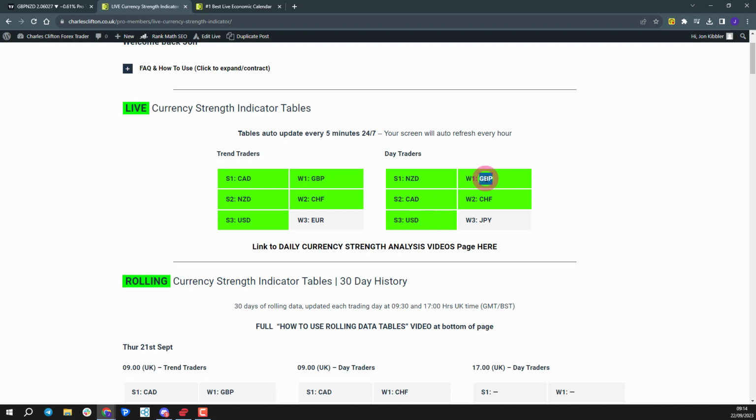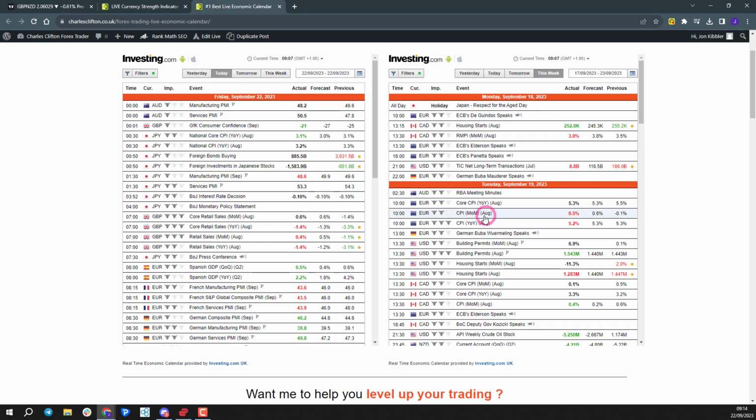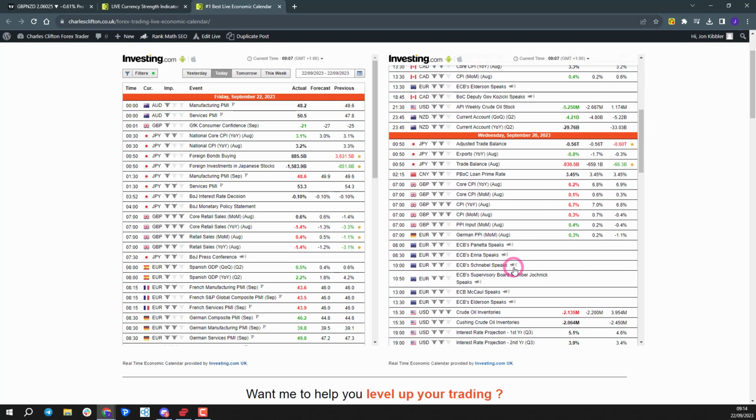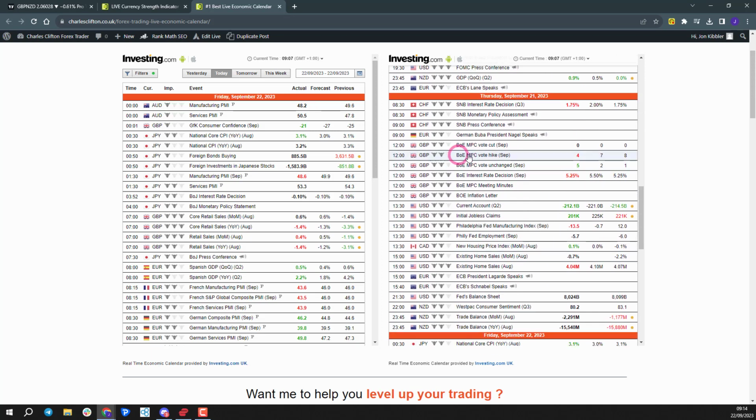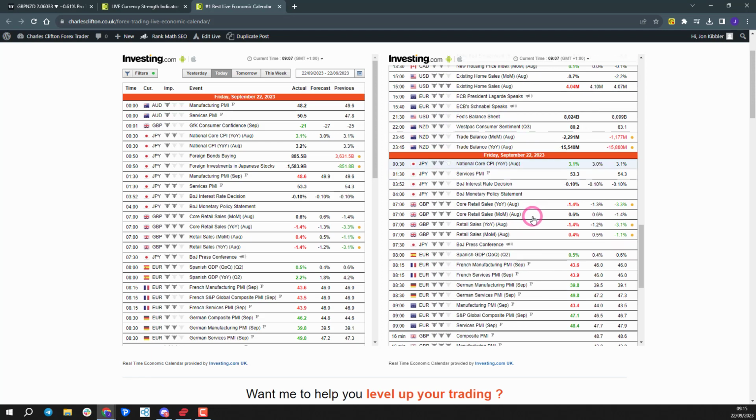So pound weakness remained. We actually saw yesterday, if I just go over to our live economic calendar, you can see here, if I just bring in what happened yesterday, that the Bank of England interest rate decision, they held rates at 5.25% instead of hiking to 5.5%, and that was a little bit of a shock to the market. Obviously forecast thinking that we were going to get that move. Had a similar with the Swiss National Bank, and that's what's helped our CAD Swiss trade, which we explained in yesterday's video.